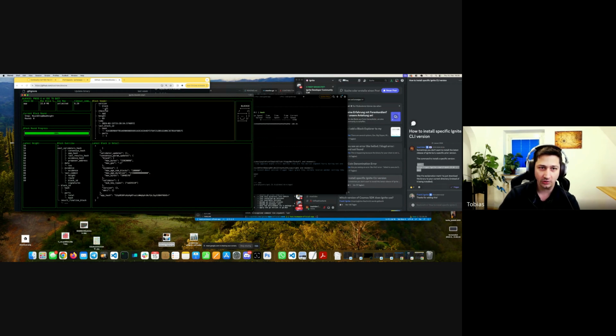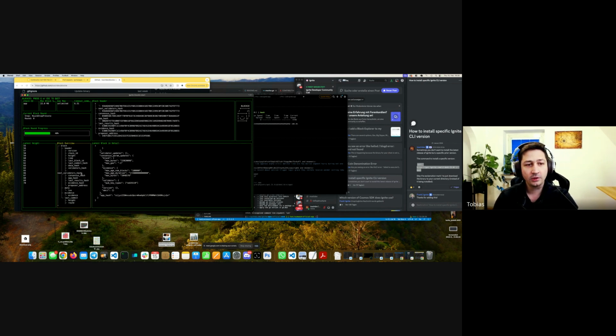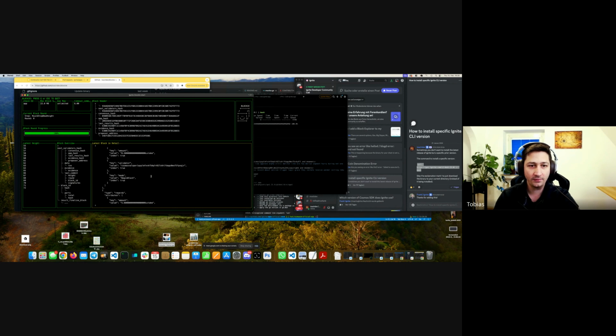But you can also see all block headers. I'm trying to structure the block a little bit for you, so you have an overview of every item of the block on the left side, and on the right side you have a raw data dump. So everything your block contains you would see in this window, and this is in real time for every block that's coming into your blockchain, also if there's a transaction included, etc.